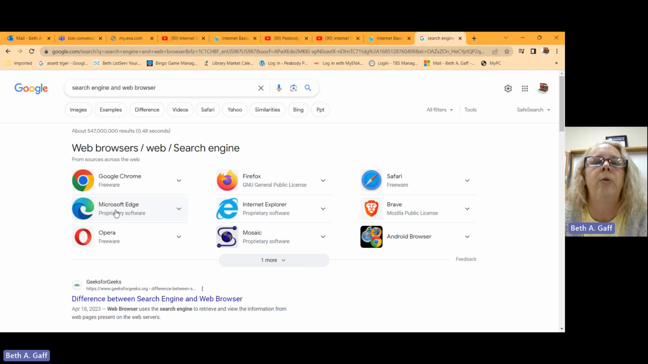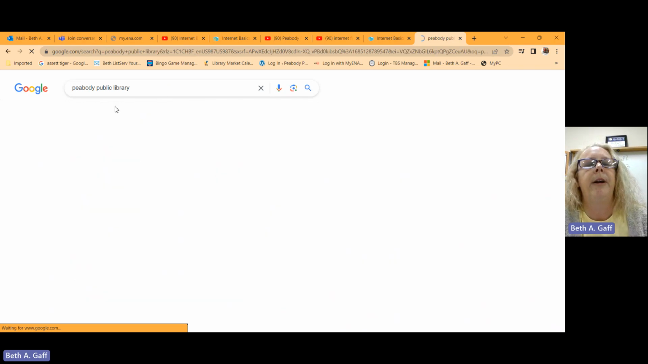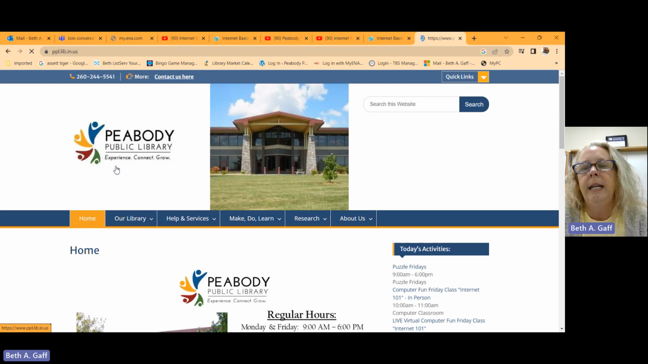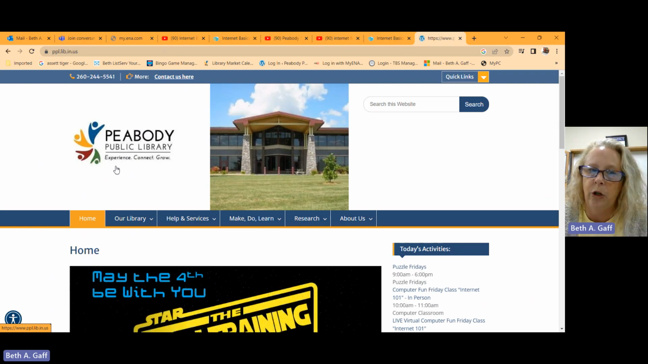So another thing we can do once we're actually connected to the internet and we've searched for what we want. Right now I'm in the Google search engine and I'm going to type in the Peabody Public Library. One thing that you can do is research. Research is pretty easy to do on the internet. You want to make sure that when you are researching items that you aren't researching in the wrong areas. So you definitely want to have something that is scholarly and factual